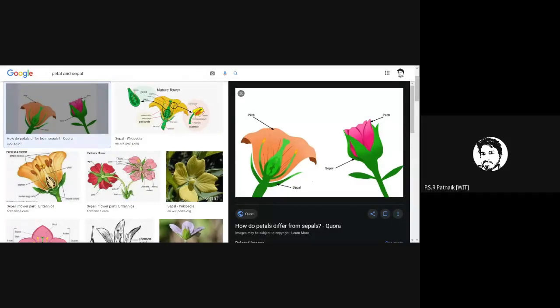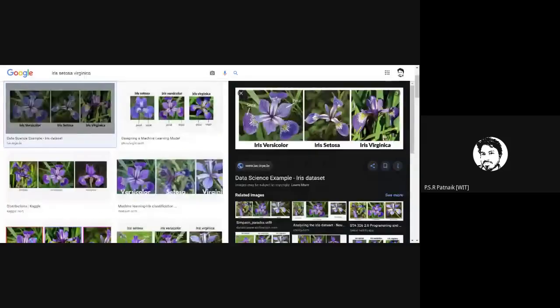Iris versicolor, iris setosa, and iris virginica. So these are three types of flowers in this iris family. Now, if you carefully observe, these have different petal width and petal height, right? Setosa has different sepals, and its petals are smaller. Iris virginica has different types of petals and sepals.